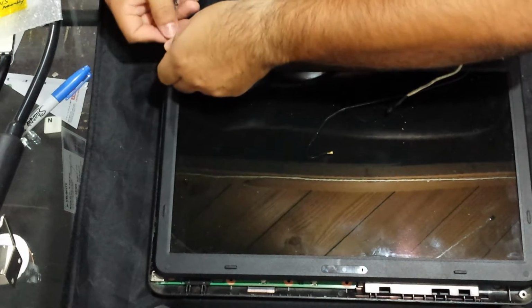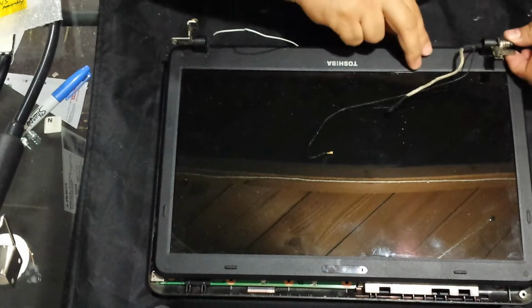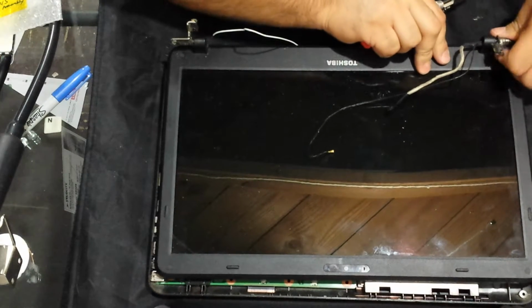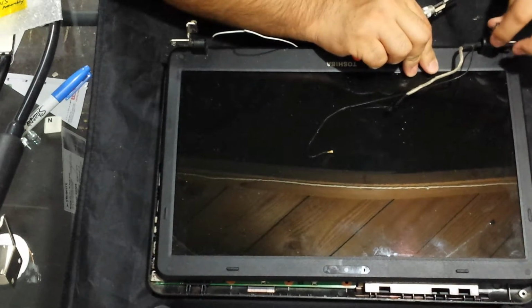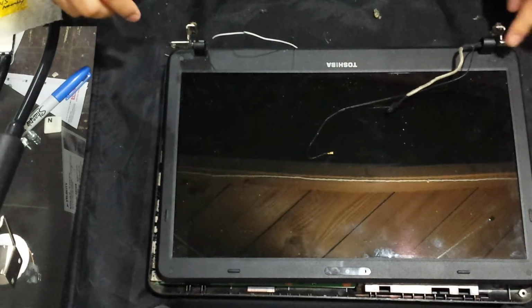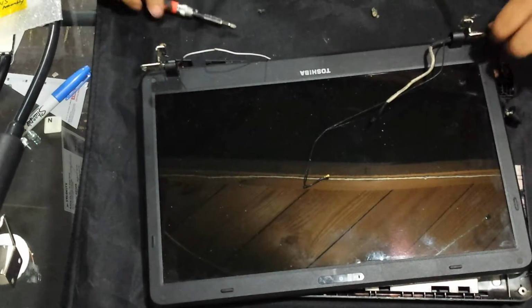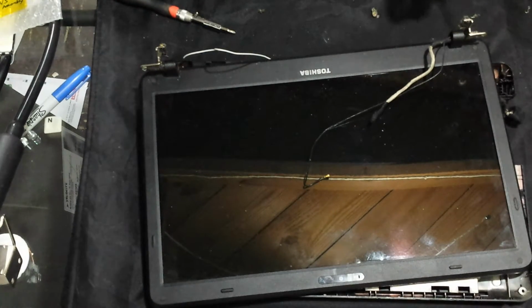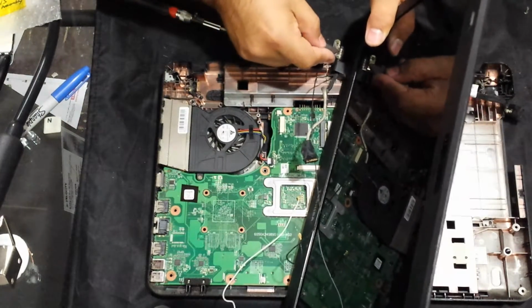Alright, so this is the one screw that goes on the bottom of the unit. It's missing a screw on this side over here. And then I see that, well, these are kind of wobbly, but not too bad. Well, probably going to remove the bezel and then tighten up that hinge. So I'm going to take my razor blade, I'm going to scrape off